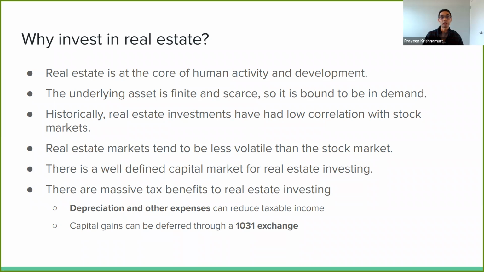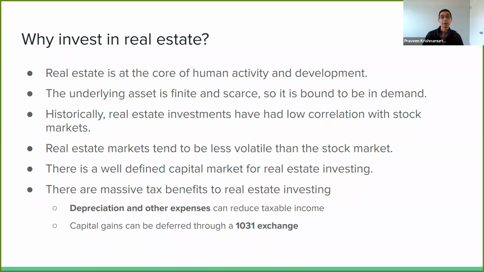Along similar lines, real estate is also less volatile than the stock market, and volatility might be okay, or it might even work in your favor when you're in the accumulation phase and you're saving a lot. But as you move closer to retirement, when you start depending on your investments, too much volatility can be unsettling. So you want something to dampen that volatility, and real estate does a great job of that. Business cycles and real estate cycles tend to be different, so they move up and down at different times, and it is less volatile. So all that is great for hedging the volatility in your portfolio.